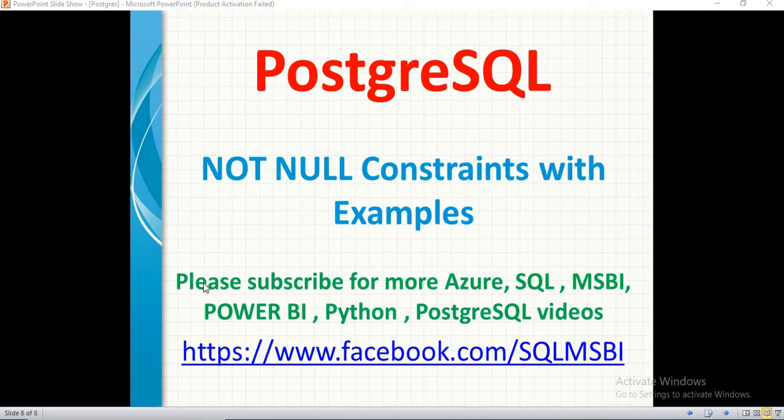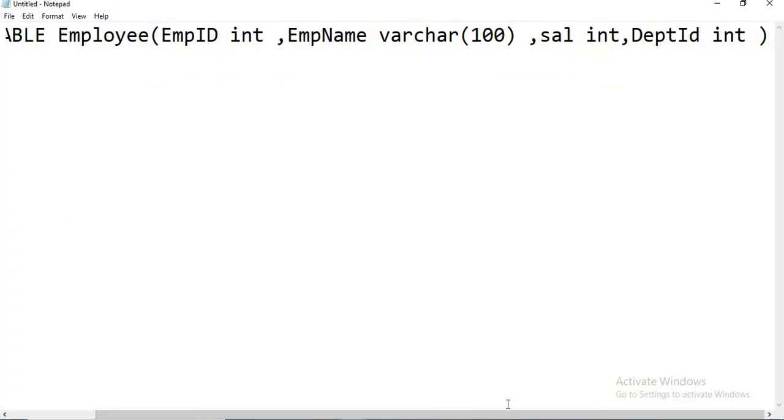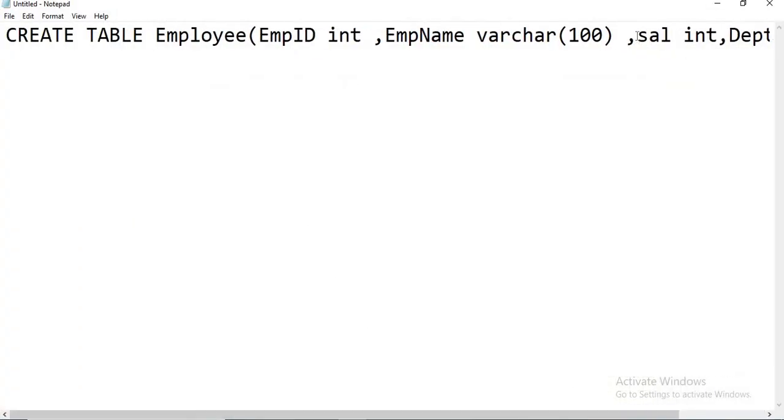So let me quickly show you how to work with the NOT NULL constraint in a practical way. Here I am going to take a table with the name employee, which has 4 columns. The first one is employee ID integer, employee name varchar of 100, salary integer, department ID int.